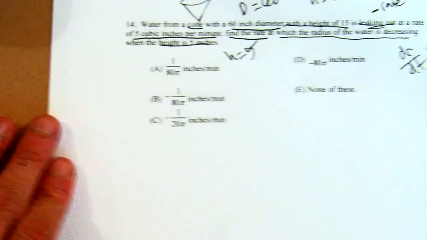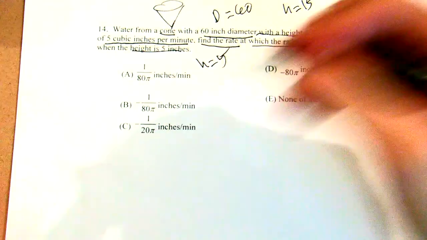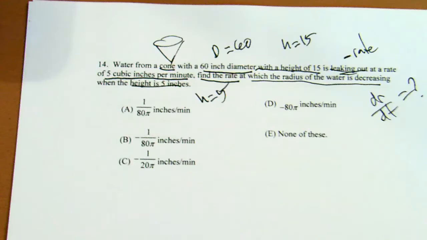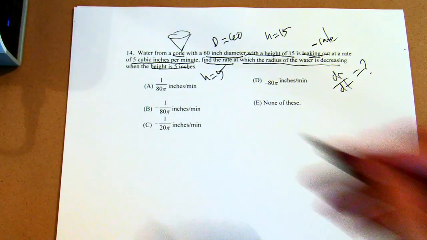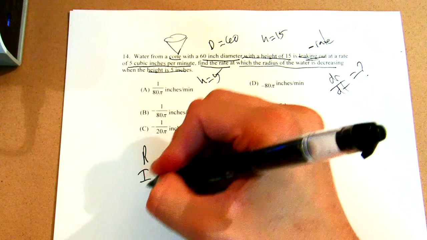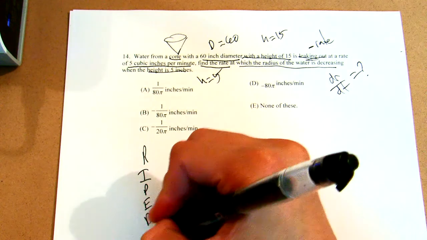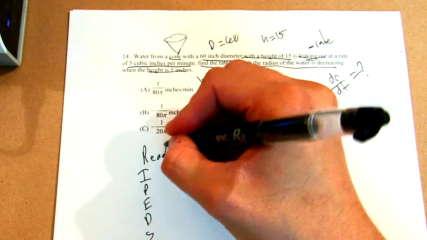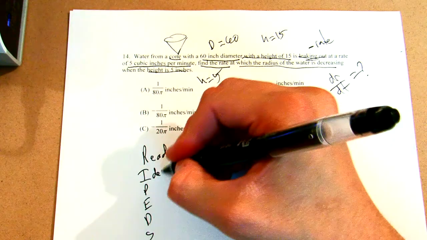So we're going to rip this problem apart. Let me zoom out a little bit. All right, so let's go. We read it. You can read it again if you want to. We want to identify